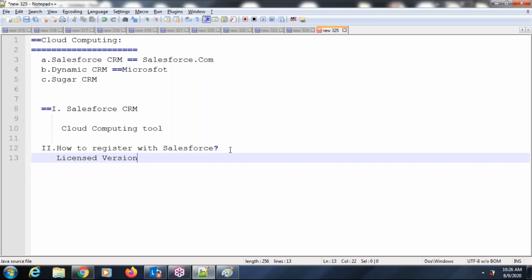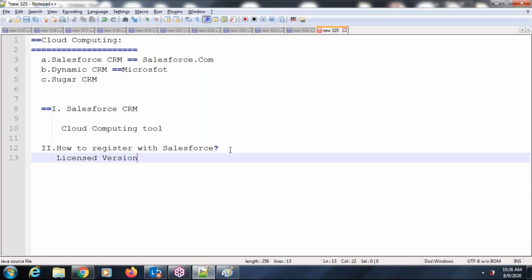For my business, I have to pay some amount to Salesforce.com and get the license. For practice, we open an account with the free version. The difference is that the licensed version has unlimited features, but the free version has limited features.